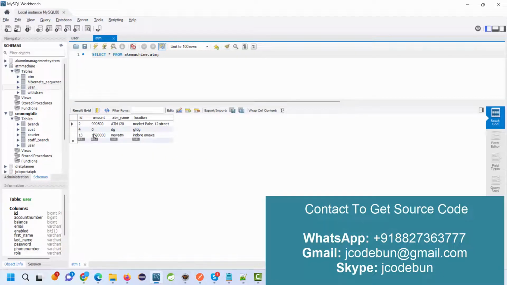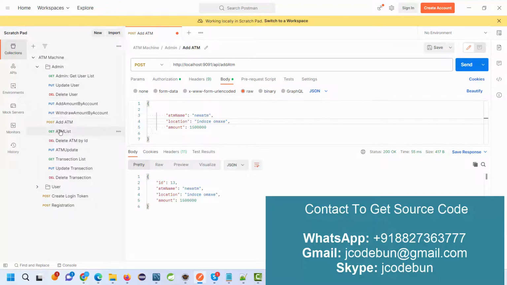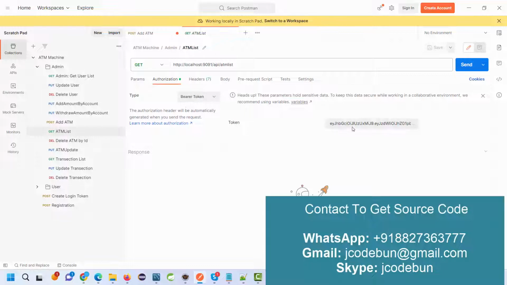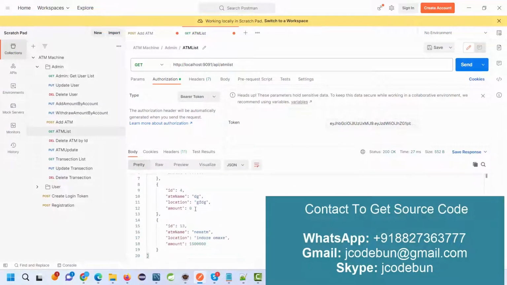Now if I check it here, you can see the balance of the ATM, the location, and the ATM name. That's fine. Here we have the ATM list. So I'm again going to update my authentication key. If I fire this query, send request, it will give me a list of all the ATMs that are available